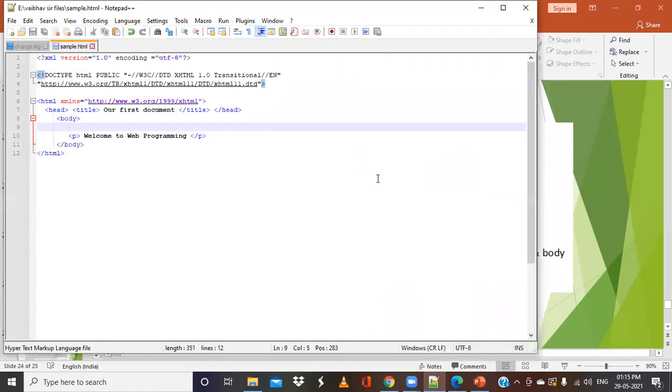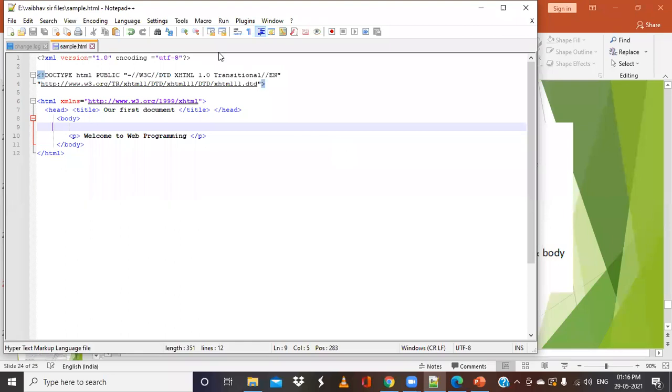For C programming or for Java or Python and so on, we may require compilers or interpreters. For C, we require a compiler. For Python, we require an interpreter. But to run HTML programs, we do not require any special compiler or interpreter. We require the processor itself. Notepad actually acts as a runtime environment where we can write the applications and check them and so on.